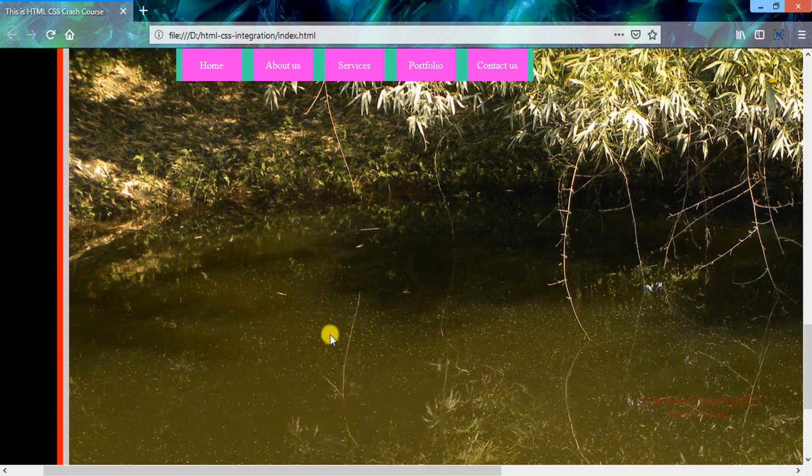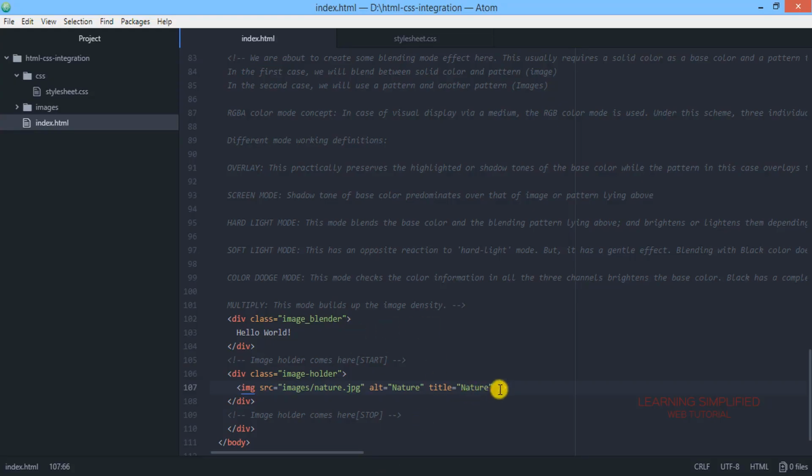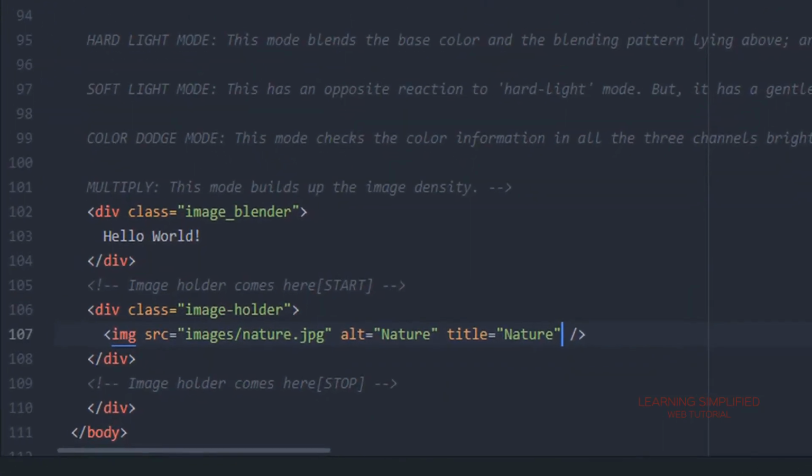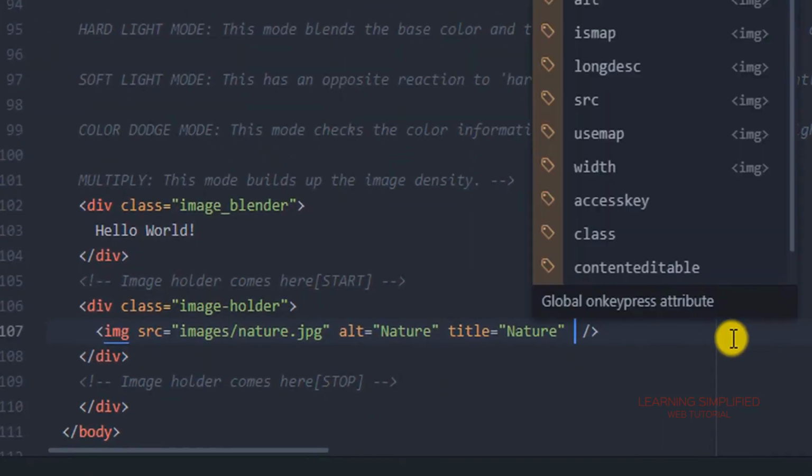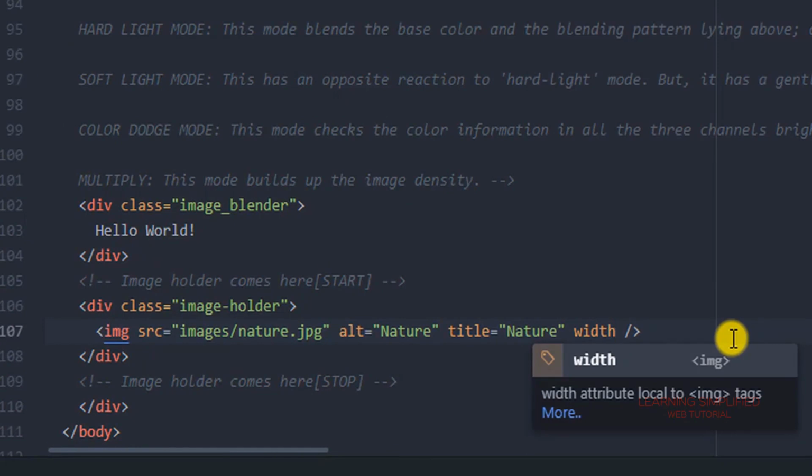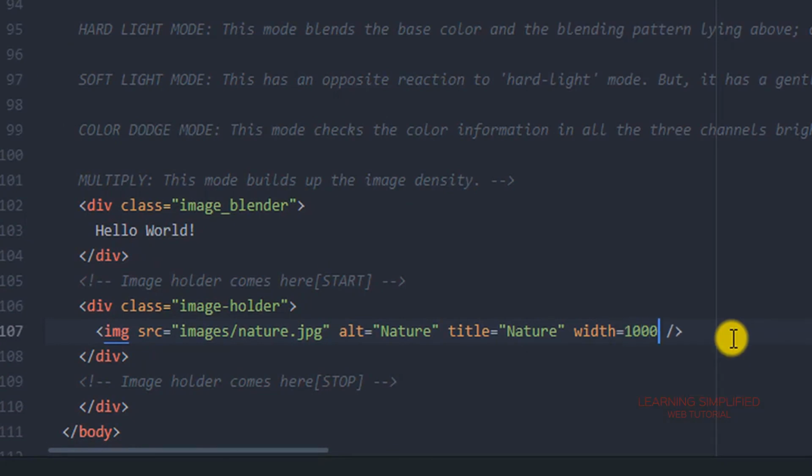But if we want to restrict this particular image to a particular dimension, then all we need to do is get back to our project, and here in this index.html where we are currently working, we can specify this particular width to be 1000 pixels, and the height should be restricted within 500 pixels.